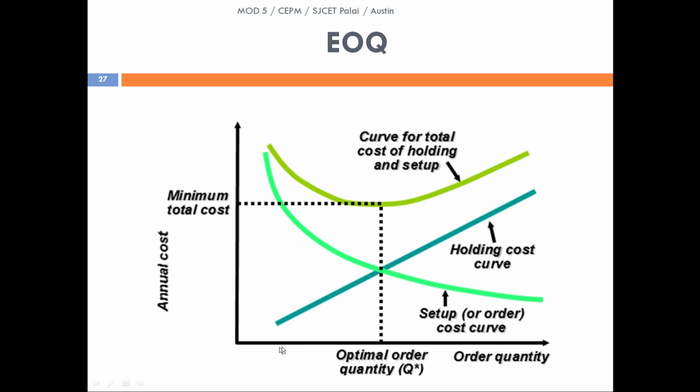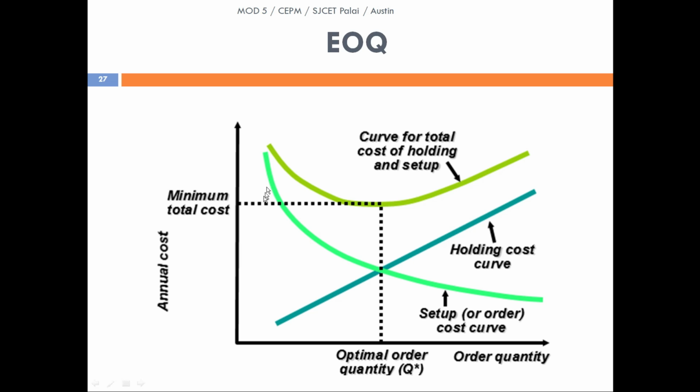We have already seen that as the quantity of material that is to be stored increases, the holding cost also increases, because we have to engage new workers, we have to pay the salary for the workers, we need to have much more established utility for storing the materials, much more maintenance cost. Therefore the holding cost or carrying cost increases with increase in the order quantity or increase in